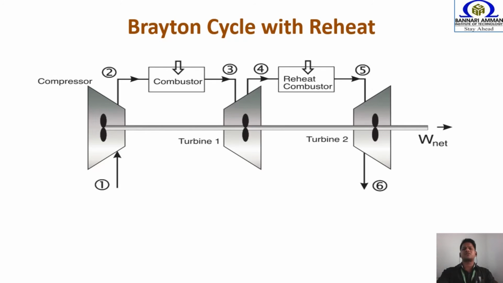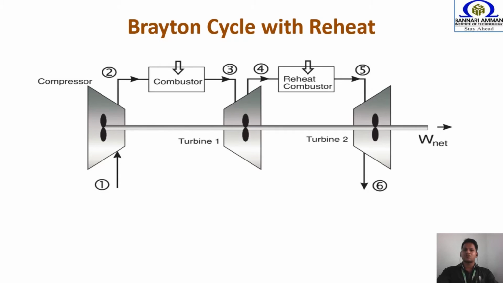Now let us discuss the third modification to be done on your Brayton cycle. This is about reheating. What does reheating mean? It's a kind of secondary combustion. We are doing two combustions: one is primary combustion, the second is secondary combustion. You see here, similar to your ideal Brayton cycle, we have the first process as isentropic compression. You have a compressor here, you are compressing the air, so you have pressurized air, and we are sending the pressurized air to the combustion chamber.